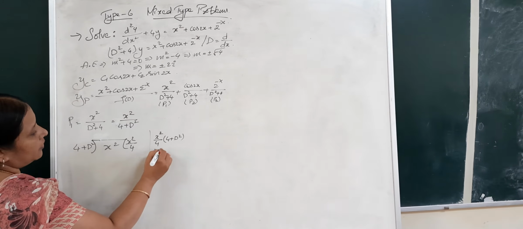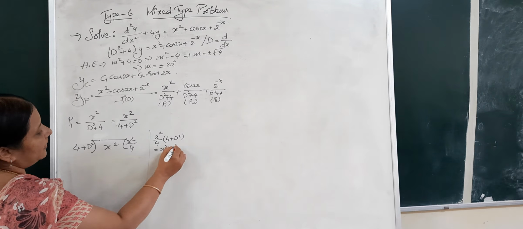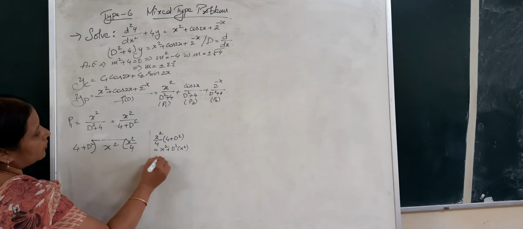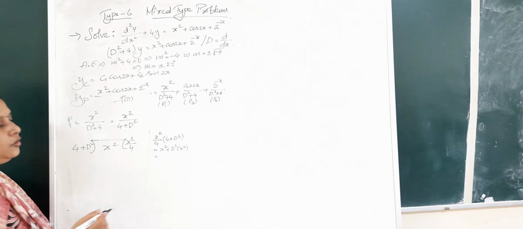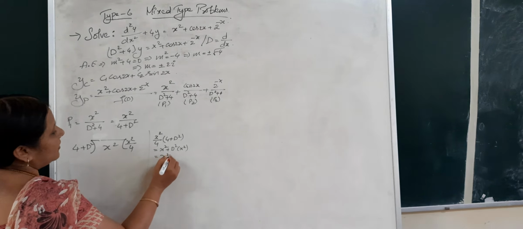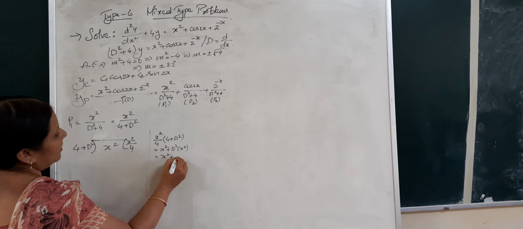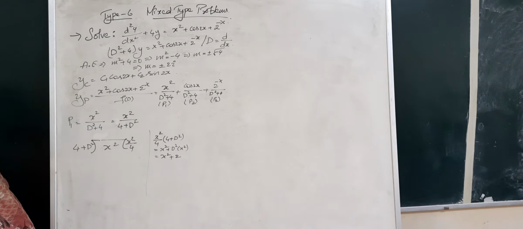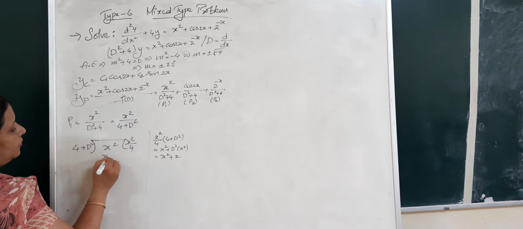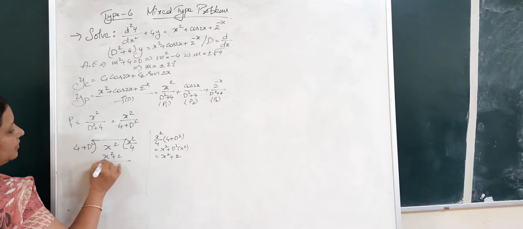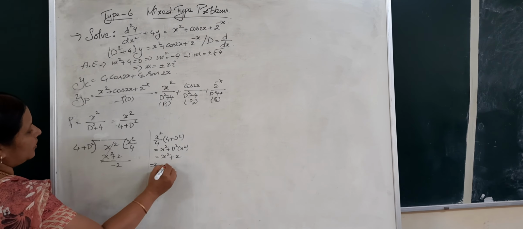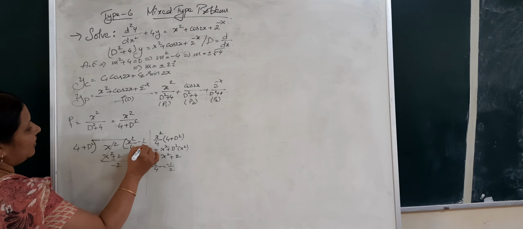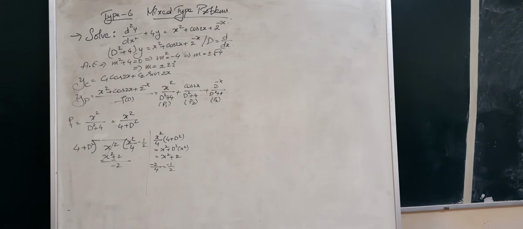Product of these two is going to give you just x square plus the second derivative of x square, which is going to be 2x as the first derivative. Further, if you differentiate, you get 2. So we will get x square as it is here plus this will be just 2. So substitute that, x square plus 2. Subtracting it, this gets cut, minus 2. So first term by first term, that is minus 2 by 4, which is minus 1 by 2, will be the second term in the quotient.